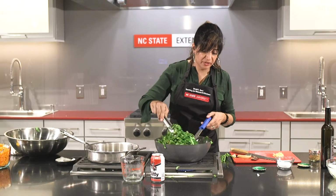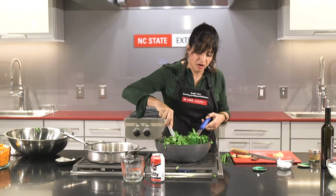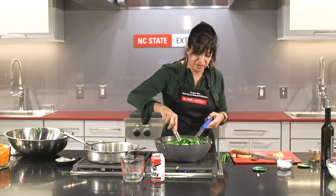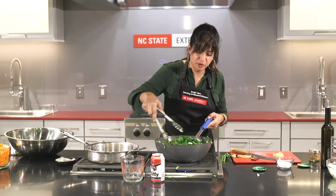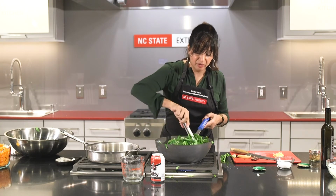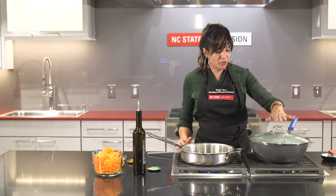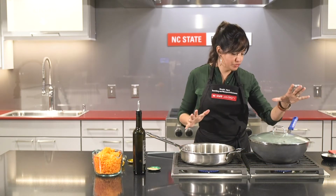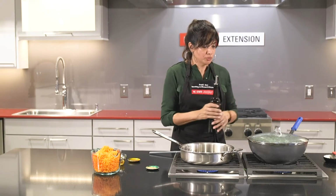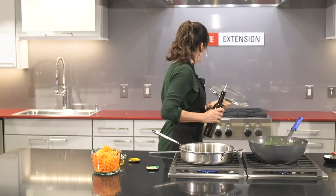You can cover it if you'd like, or you can leave it uncovered if you're going to be around. We're not cooking this for 2 hours or anything. This is going to be a pretty quick cook, and especially these baby collards are already so tender, they don't need that much time. So I've got my collards on low. I put a lid on there just to keep all the juices in the dish. So my pan is super hot. My greens are pretty much done. I'm going to take the lid off,